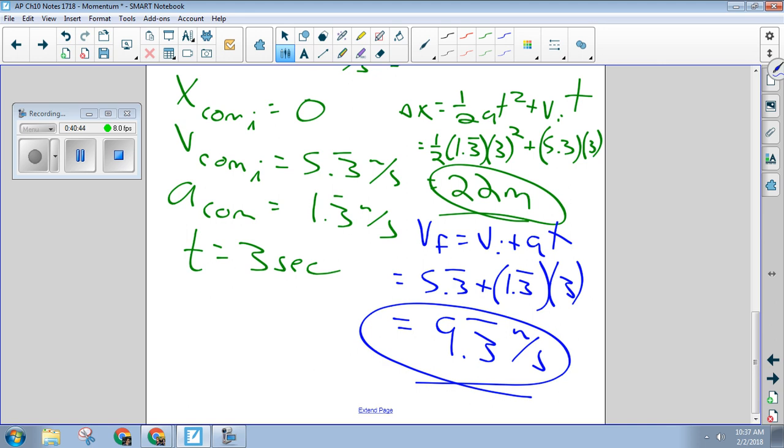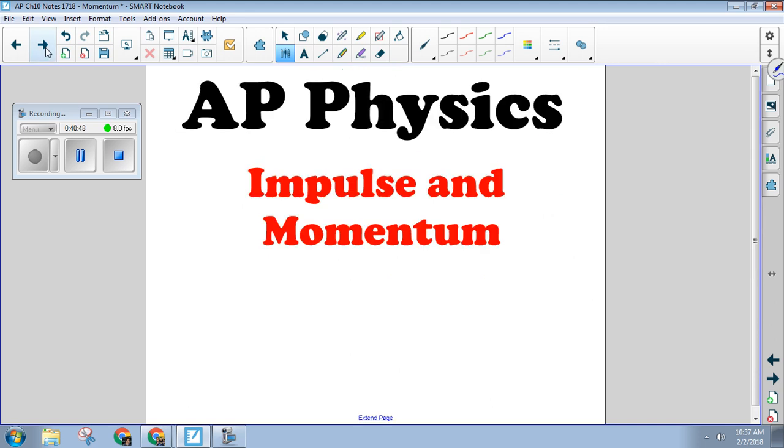All right, so next week on Monday, we're going to start learning about impulse and momentum, and then the next chunk is conservation of momentum. This is a pretty short chapter. So we'll probably have another test sometime before February break, so just a heads up. Just out of curiosity, how many of you are